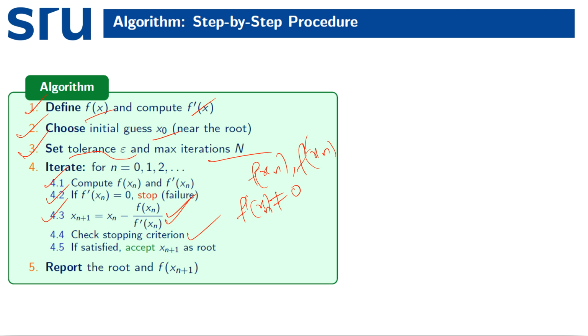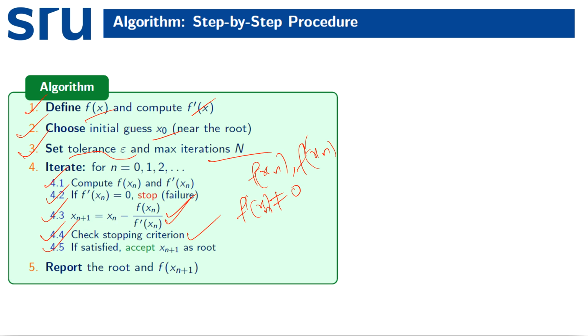For this stopping criteria, we check two conditions: whether the difference between the iterations, the approximations x_n and x_{n+1}, is small enough, or whether the function's value is very small, close to 0. If yes, then we stop the process. If the stopping condition is satisfied,